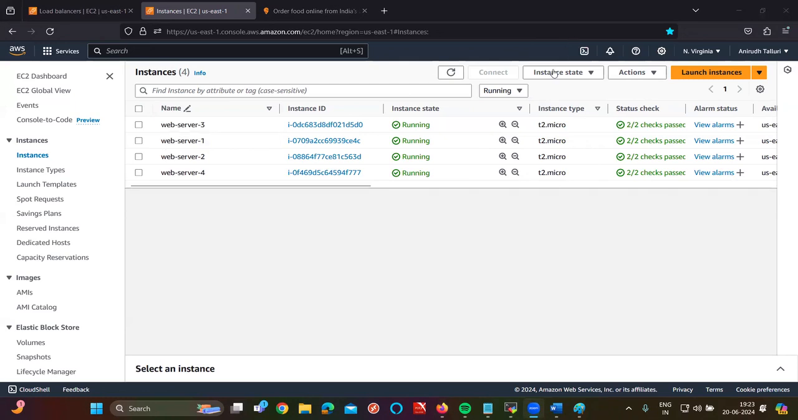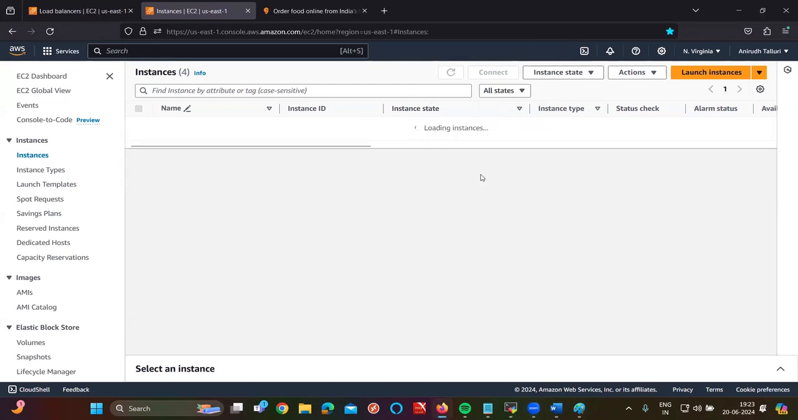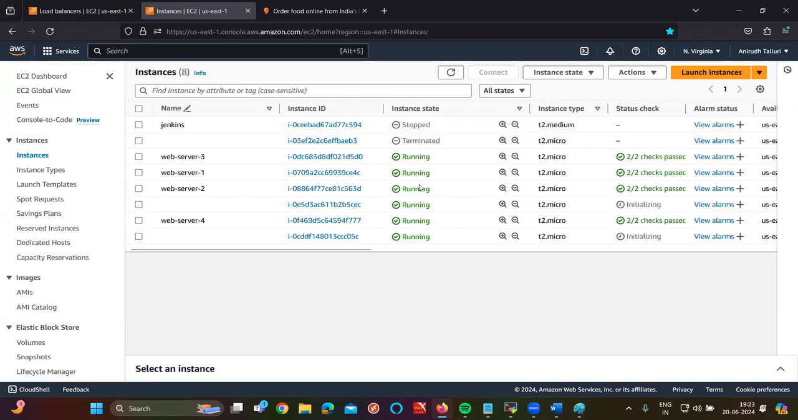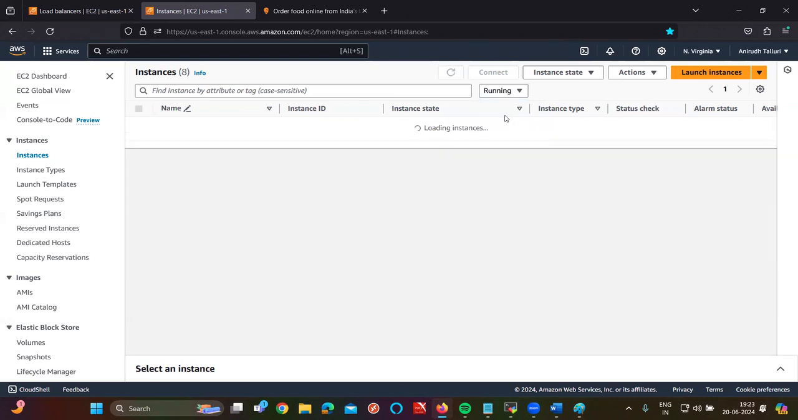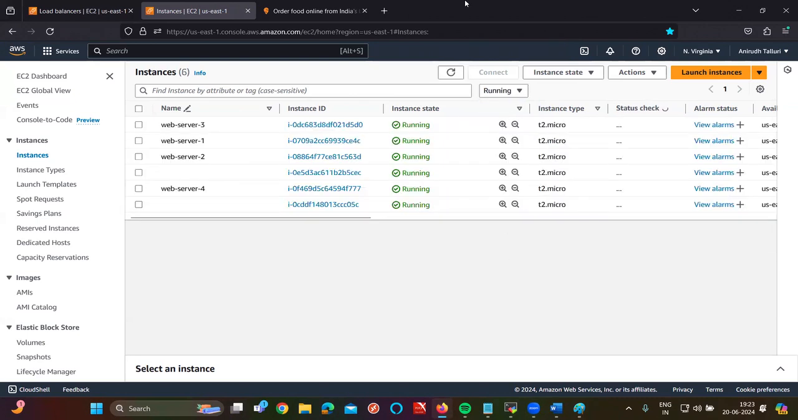One more thing, guys. Basically, what is the desired capacity? What is the maximum capacity I put here? But here, if you can go and see, currently how many servers are running here? 1, 2, 3, 4, 5. Sir, maximum you put 5 only, but why is 6 running? See,